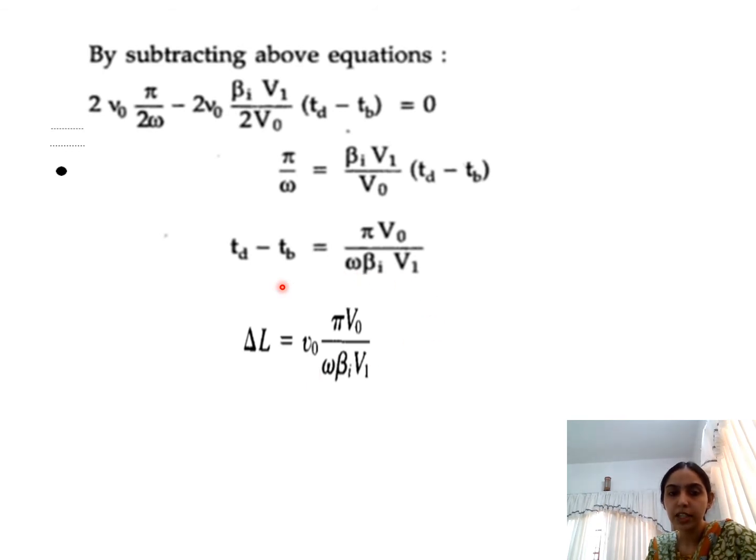Now this particular equation, you have to understand that it is not the equation for the distance of maximum bunching. With all the assumptions we have found a value for delta L. Delta L is a point from the Buncher grid at which electrons have drifted into a bunch, or have drifted to form clusters. But this is not a maximum condition. Delta L does not represent a distance where maximum bunching has occurred.